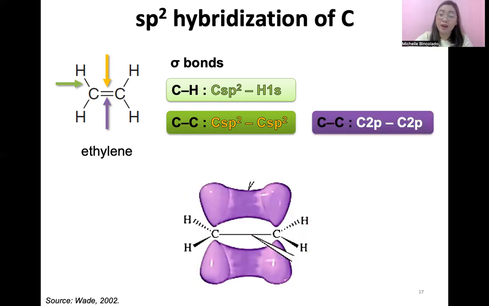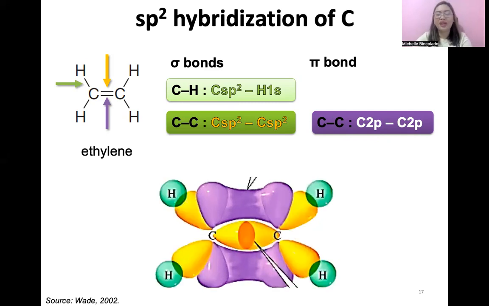This is called a pi bond, which results from the sideways or side-by-side overlap of unhybridized p orbitals. Di ba? So kung ang sigma head-on, pi bond sideways or sidewise, side-by-side na overlap. So together, guys, here are all the types of bonds in ethylene. So yung dalawang may color, guys, yung green tsaka purple dito, we can see that these two bonds constituted the